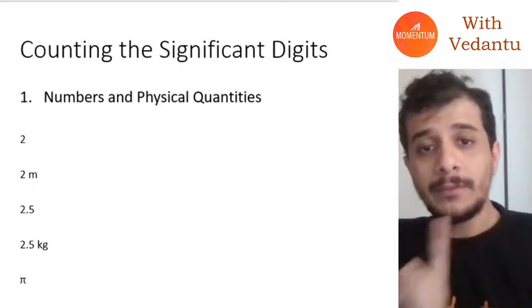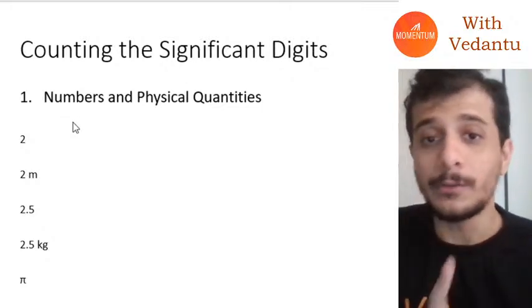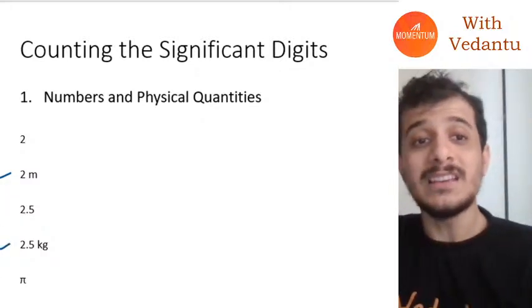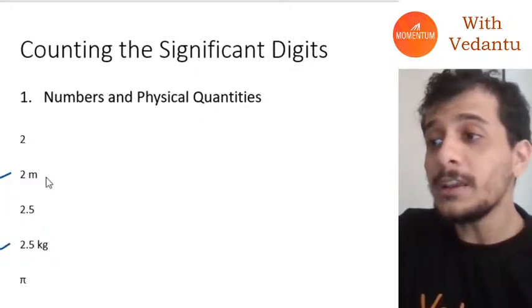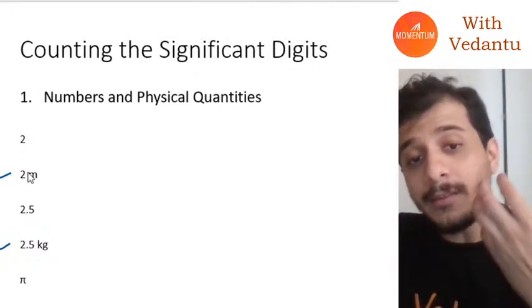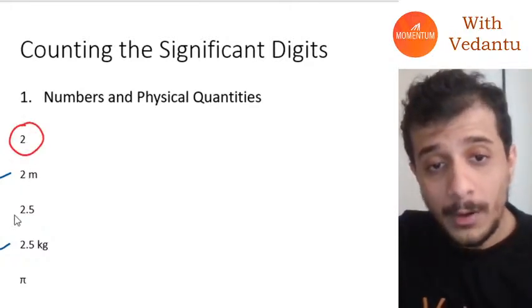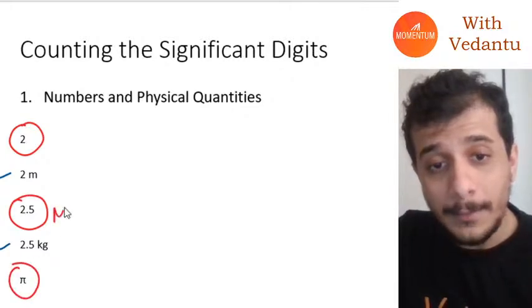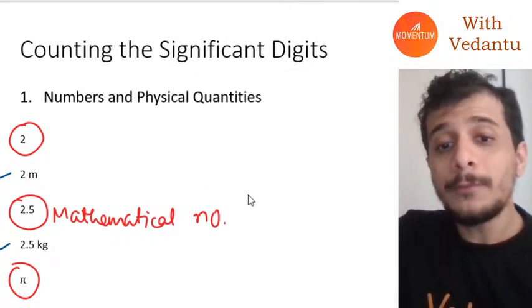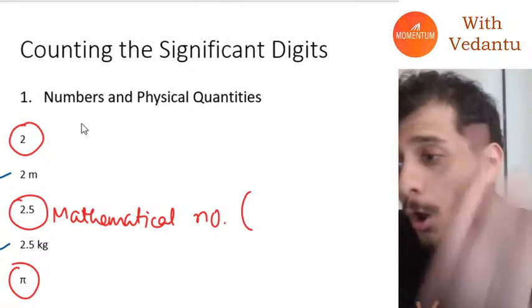First of all, when we are counting significant digits, you need to know the difference between numbers and physical quantities. If you see 2 meters and 2.5 kg, these are physical quantities, and these are the quantities where significant figures matter. These 2.5 and pi are just mathematical numbers. You have to remember that for all mathematical numbers which do not have any unit around them,